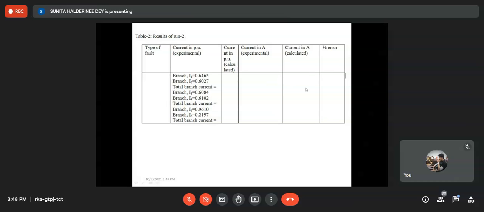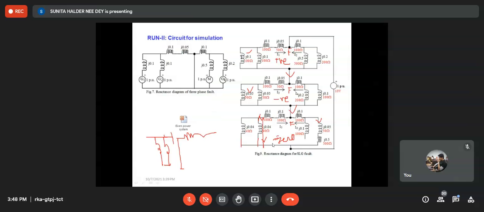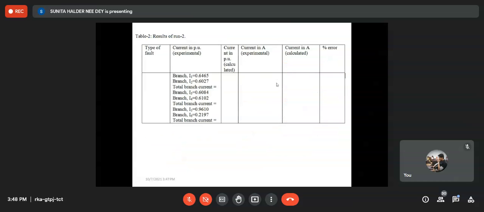And when you calculate it theoretically, obviously you cannot calculate it in one step. It is not possible. So those who write in one step, I shall deduct marks, because here at every point you have to mark, make the equivalent of the reactances, and you have to calculate the current. Okay. So all the steps you follow as you do in your theoretical classes when you are calculating the current theoretically. Then you show the calculation and put the values in the table.